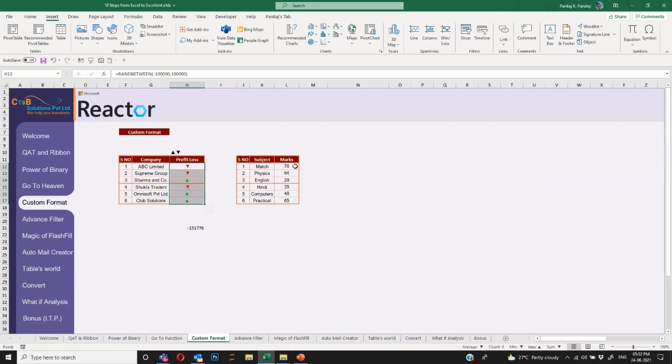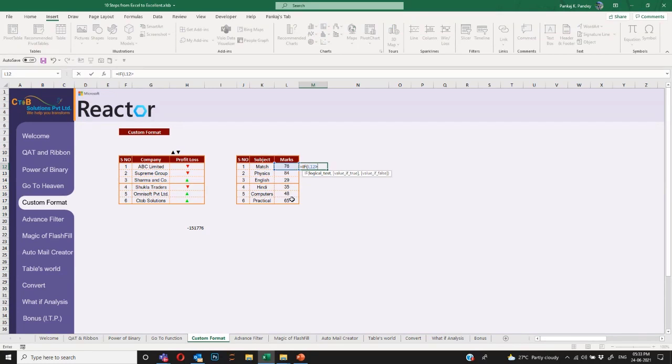You can also create a condition based on this custom format. So for example, this is another example we will take, where we have marks. We have marks subject-wise, and we have to see if in any subject someone has failed or not. If the marks are less than 50, then the person has failed, and rather than showing the number, I just want to show the status of pass and fail. I can do that by an if statement.